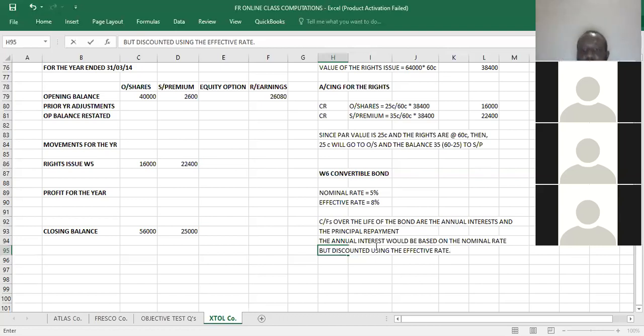Okay, so that's all. Now, the discounted cash flows would give